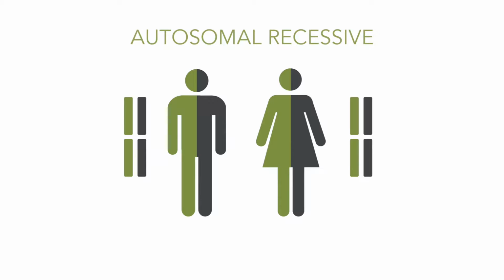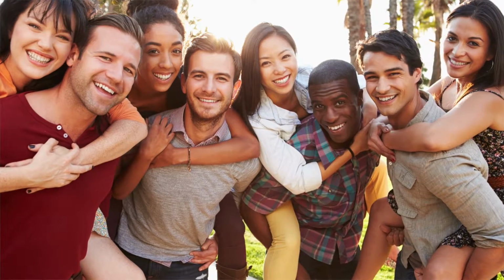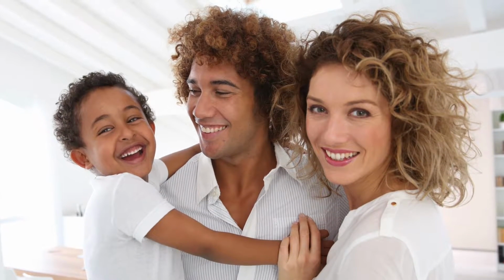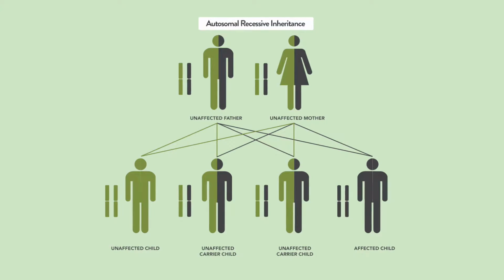Carrier screening is mainly designed to help determine the risk to a pregnancy for genetic disorders inherited in an autosomal recessive manner. This means that both a mother and a father must be carriers of the same genetic disorder in order for their children to be at risk. Studies have shown that all people, regardless of ethnic background, are carriers of 8 to 10 autosomal recessive genetic disorders. If two parents are both carriers of the same disorder, each of their children has a 25% chance of inheriting